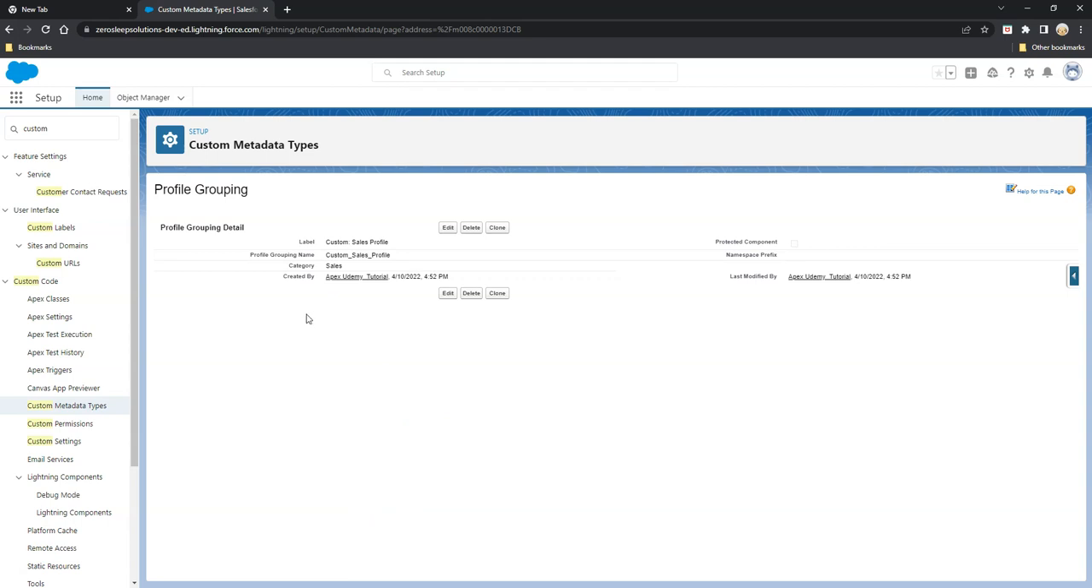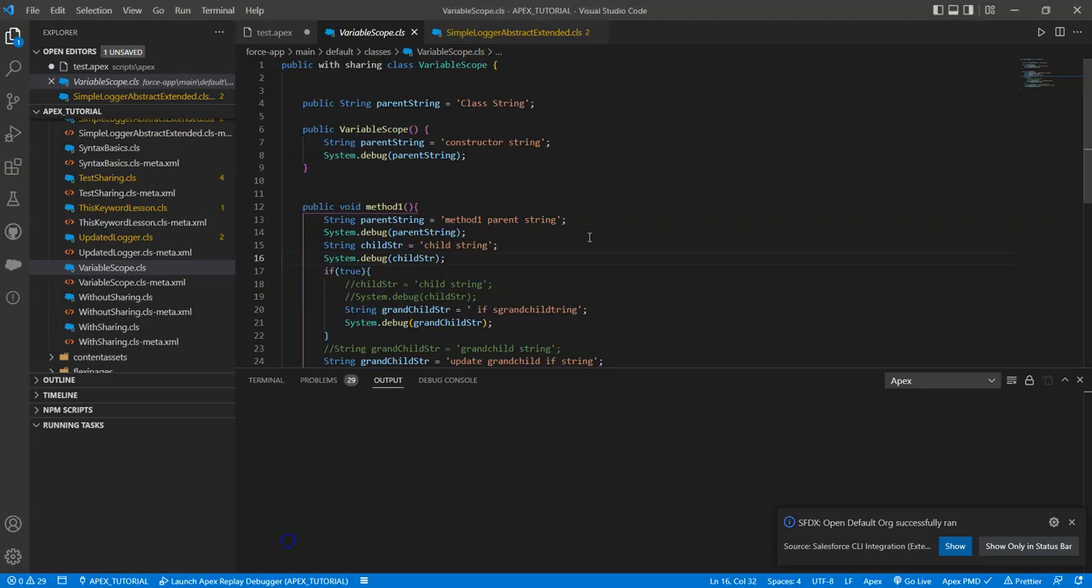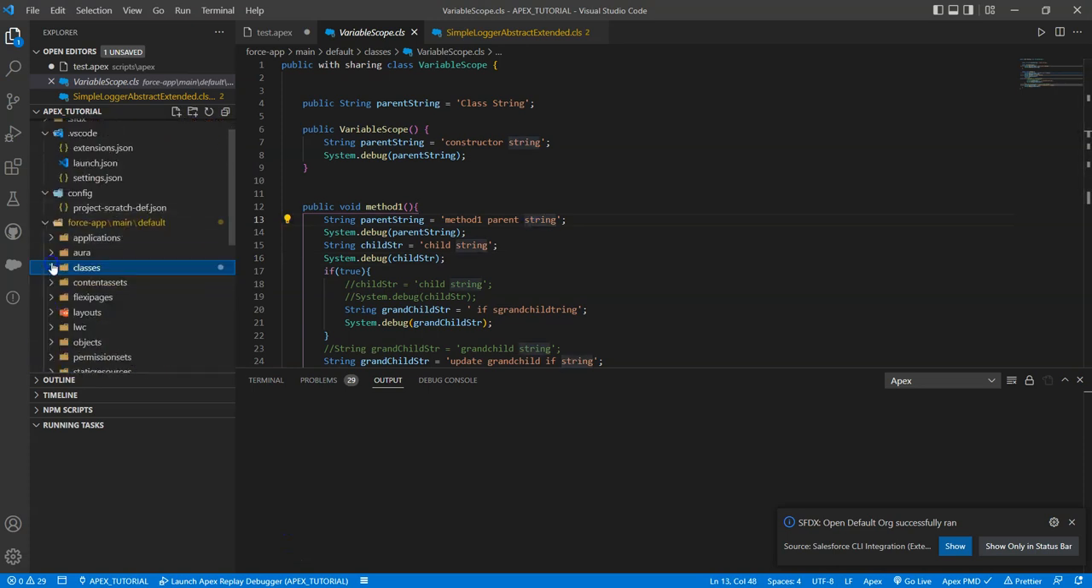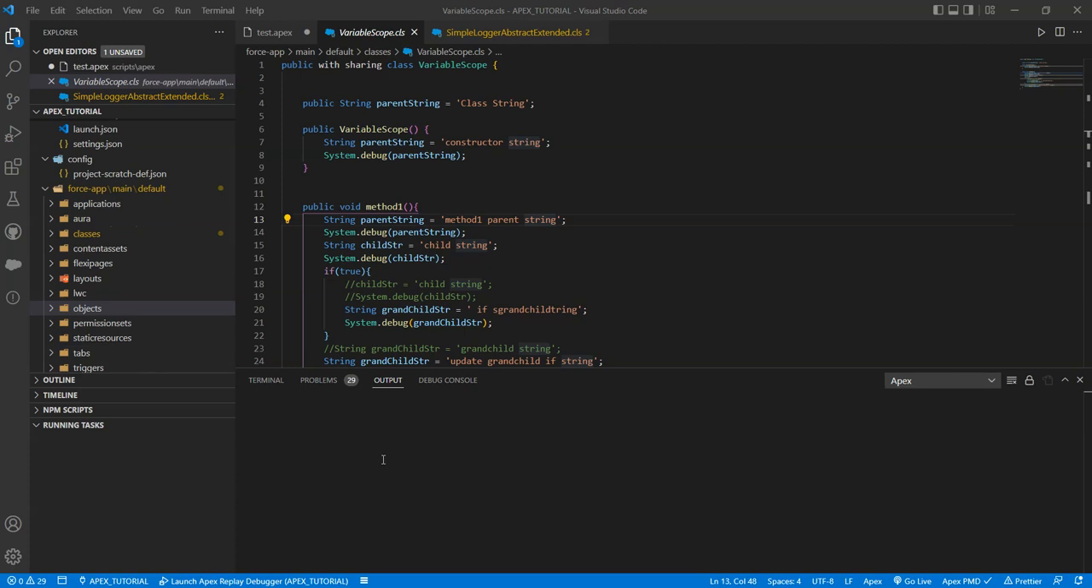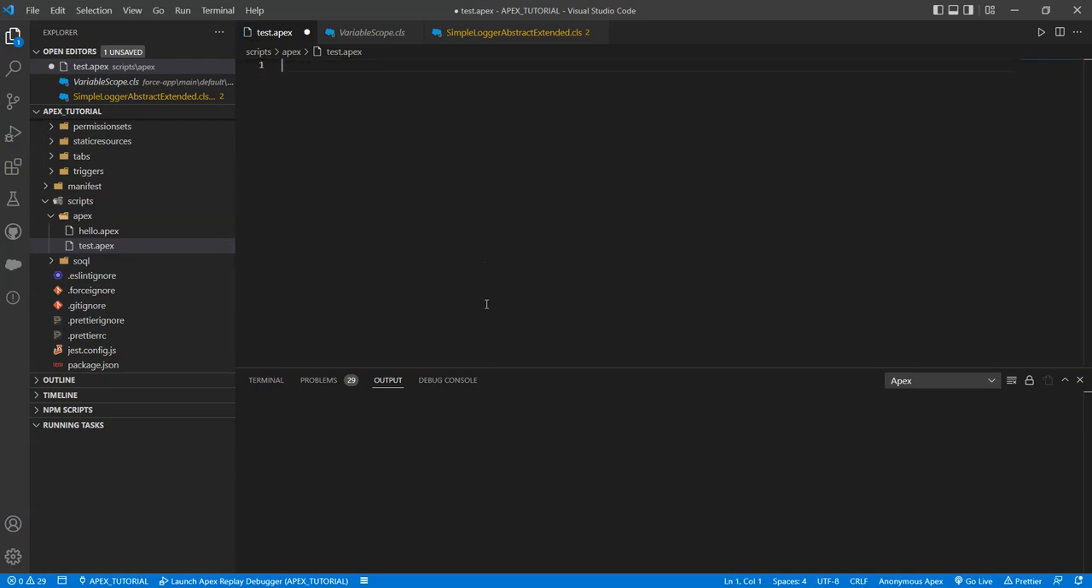Now that we have these, we can also bring them into our project. We could bring them in here, which we may do a little bit later when we're talking more about deploying and retrieving data. But the main focus right now is to focus on custom metadata and how we can use